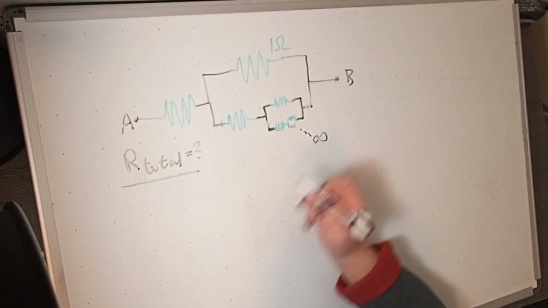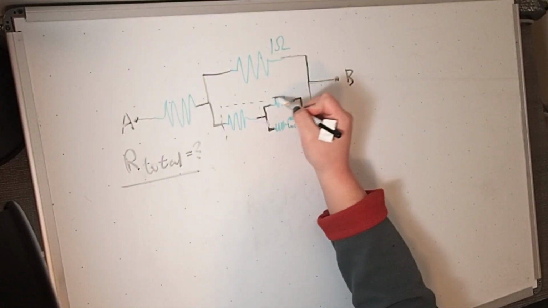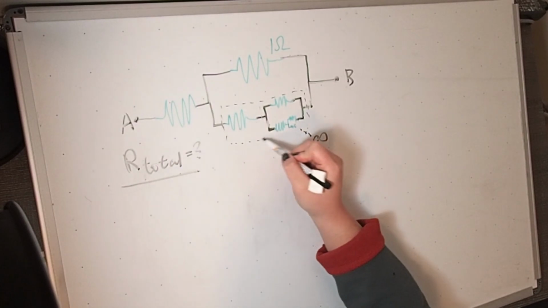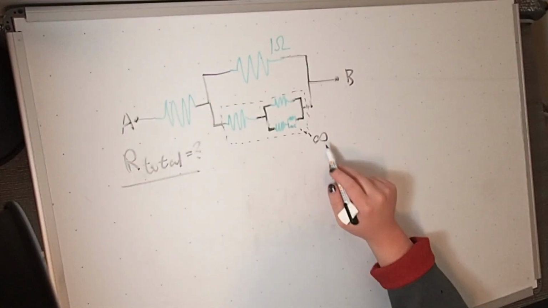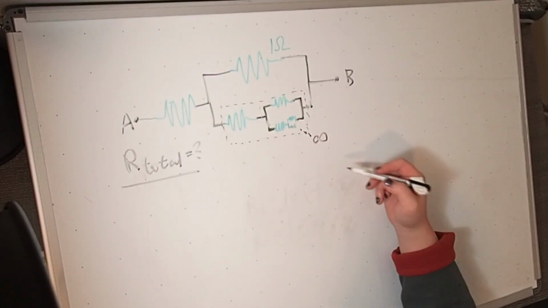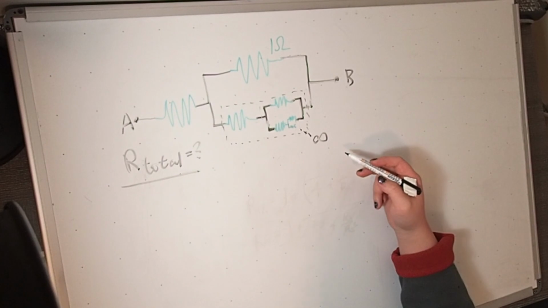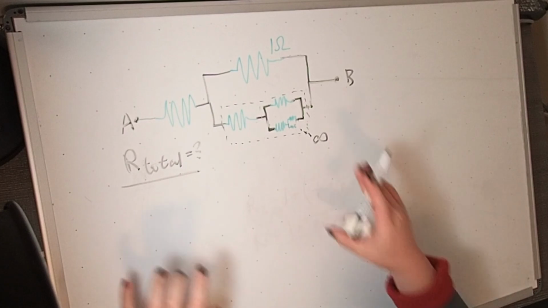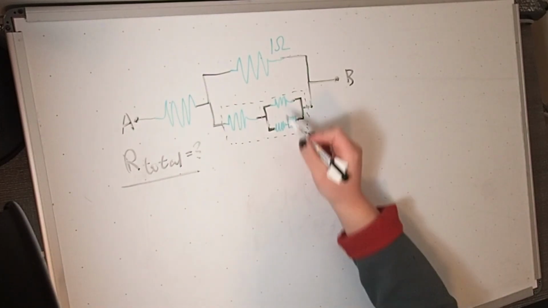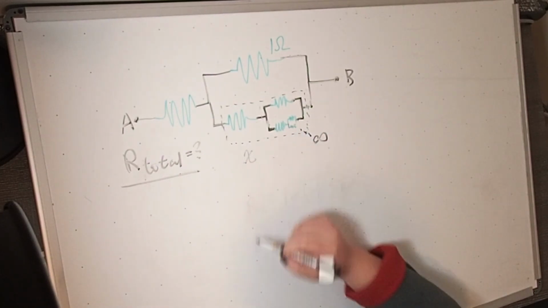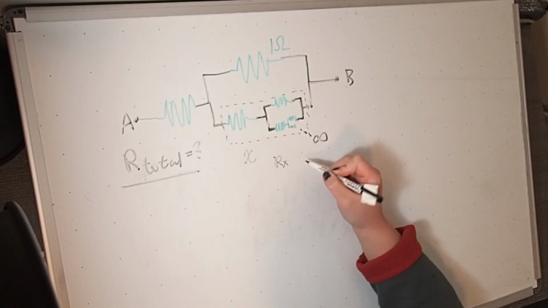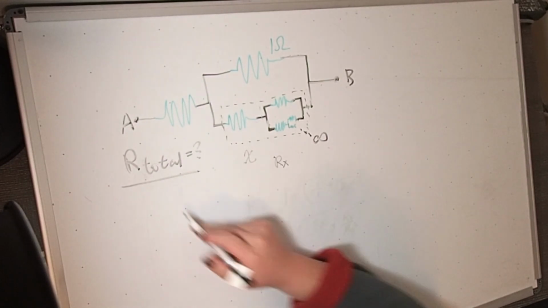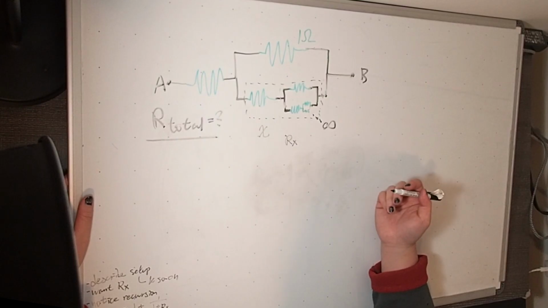What we can realize to solve that is that this little bit down here, the side path, is kind of the same as the entire circuit. And because this goes on infinitely, it doesn't matter how many times we zoom in, it'll always look the same. So we can set this little side path down as x, and then we want to solve for Rx, which is just going to be the same as our R total because of that recursion.